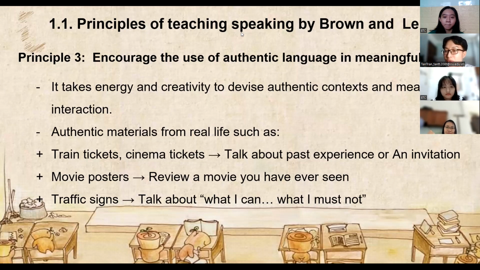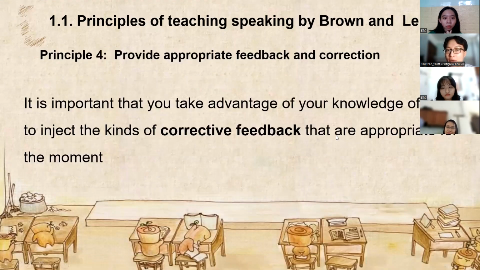Or you can use a movie poster to have them review a movie they have seen, or traffic signs for them to talk about what they can or must not do on the move. And principle 4, we're talking about feedback. Feedback and correction is so important, paramount for the student to develop themselves. And the teacher should take advantage of your knowledge of English to inject the kinds of corrective feedback that are appropriate